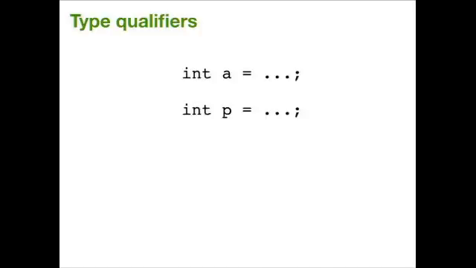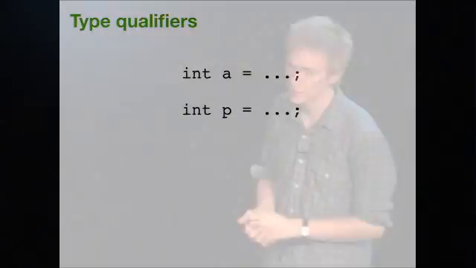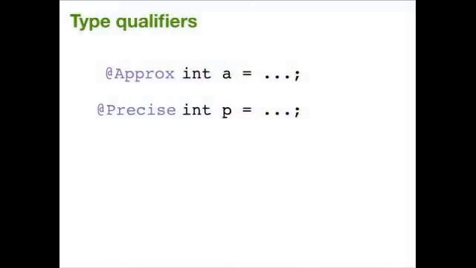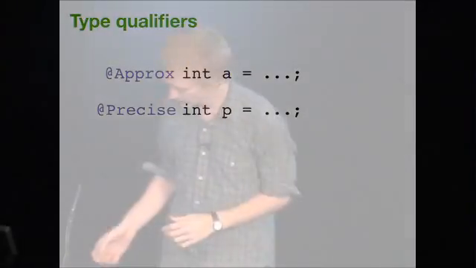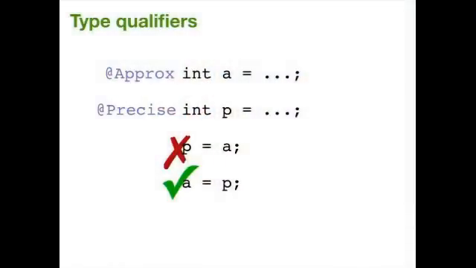Cool. The answer to how we accomplish that is actually very straightforward. The idea is to add type qualifiers to the language that mark data elements as either approximate or precise. So here is a tiny bit of pseudo-Java where we have two variables, and you can mark any type in your programming language as either approximate or precise. And the isolation property, the flow invariant that we want, which allows precise data to flow into approximate data but not the other way around, is just enforced using the type system. So if we can make our subtypes work correctly, you can assign precise data into approximate variables, but not the other way around.